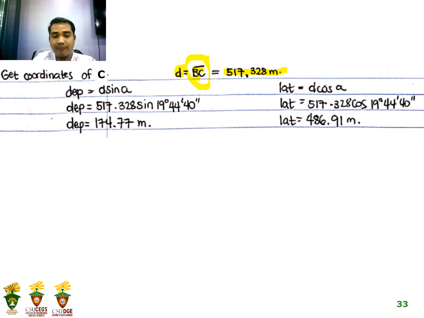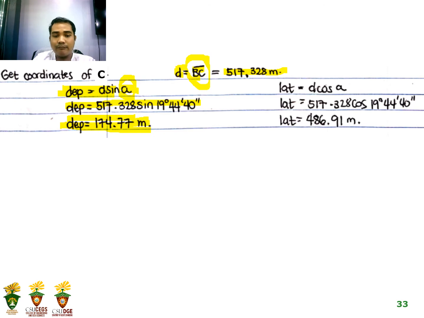of C. So we have here departure of this D sine alpha, where alpha is kato niya itong gikuha kaganina sa previous slides, na maupod siya ang bearing from B padulong sa C. So substituting the value, departure is equals to 517.328 sine 19 degrees, 44 minutes and 40 seconds. So we will be having a value of departure is equals to 174.77